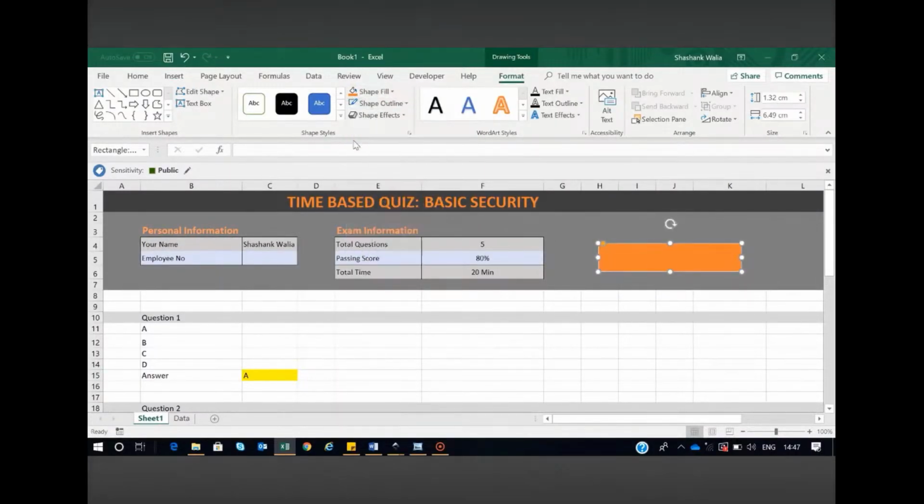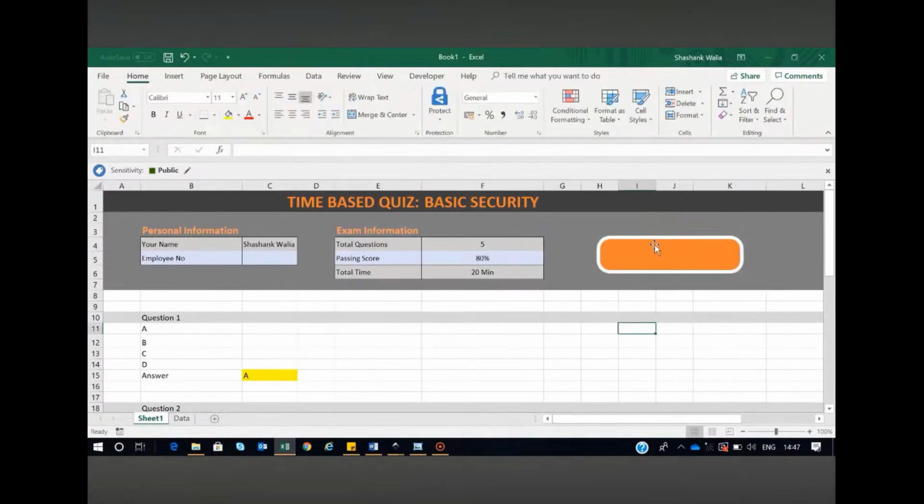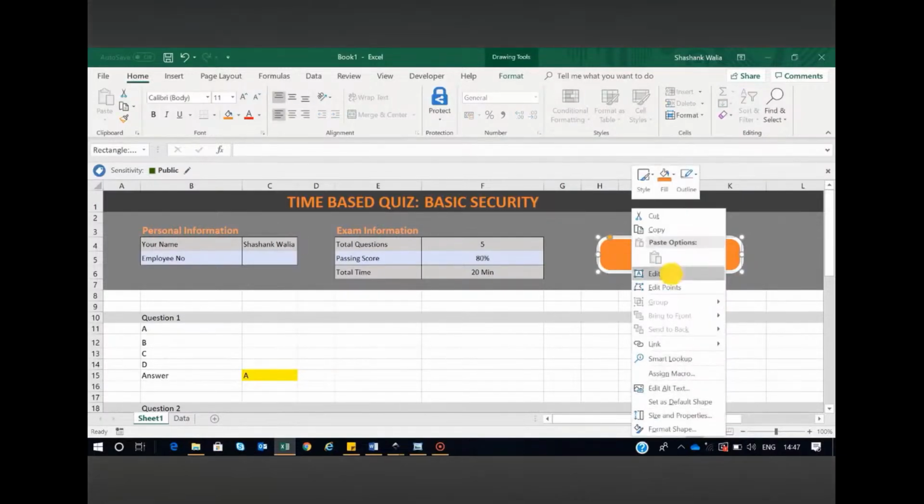And then you can give it a white outline, you can give it a weight, and then I want to simply make a design boundary, right? So now I have designed a submit button. I want to edit text,